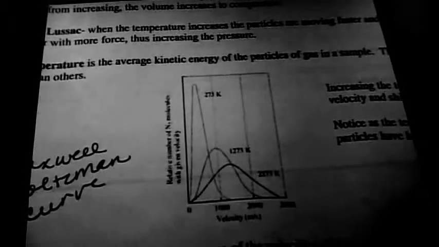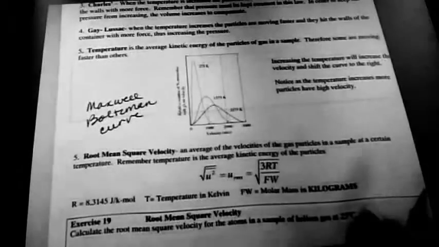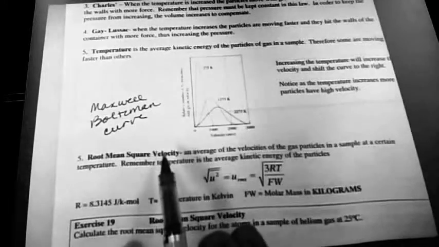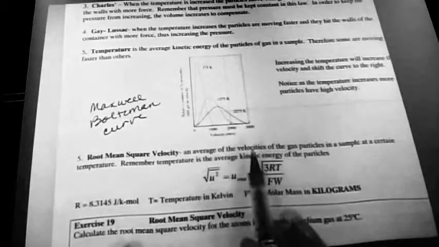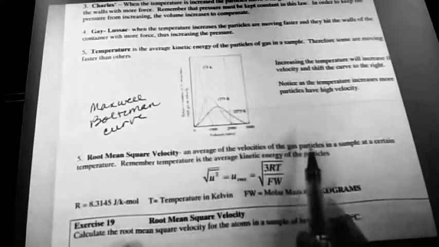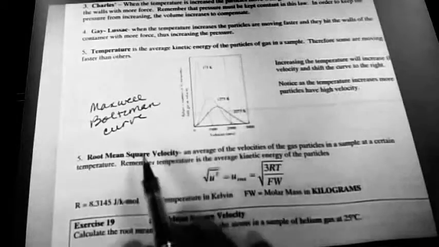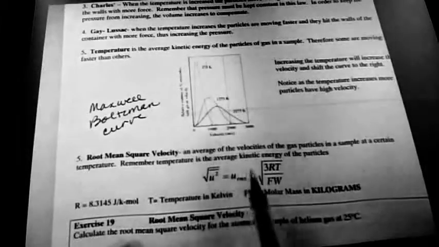Oops, wrong way. There we go. Now, root mean square velocity. This is you trying to figure out the average velocity of the particles in a sample at a certain temperature. Here we go. This is the average velocity. So the root mean square,